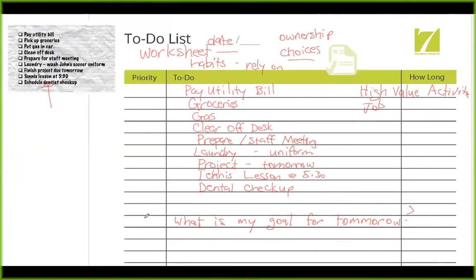When you create your to-do list, or when you created this one, did you step back and say, before I create my list, what is the goal that I want to have for tomorrow? What's the overarching goal? We can't even do that until we clearly state, these are the projects that I have that have been directed by my company